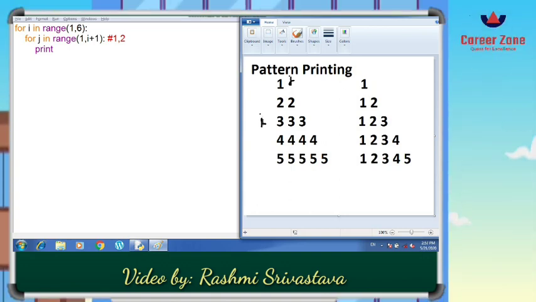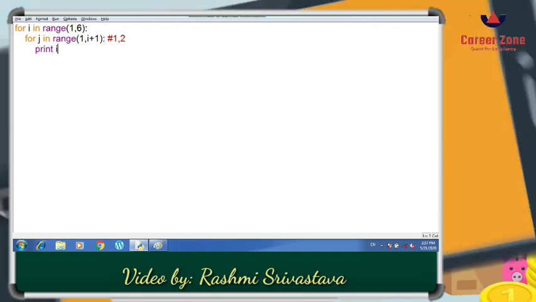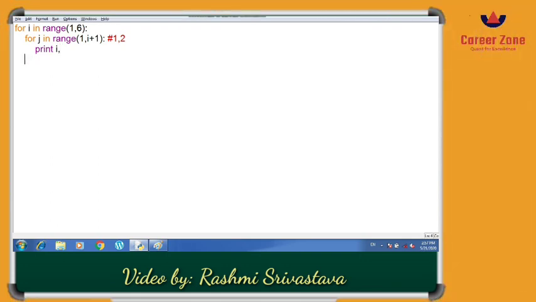So I print the value of i here, with a comma, and then for changing the line I use one more print statement, so that once the printing of one row is finished, it will change the line, and then execute again.